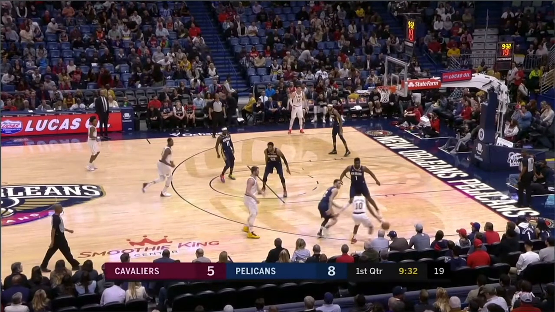But there's still the angle here. Look at this. This player right here, I can't see if that's Colin Sexton or Darius Garland, but he has the angle here. You've got to attack this big. Because if he's attacking downhill here, he's got the angle, attack downhill, because as long as he's doing that, Zion Williamson has to stay towards the ball. And now this pick and pop to Kevin Love is wide open. But you have to keep Zion Williamson towards the ball. Or if he attacks downhill and Zion Williamson leaves, then he's going right into the lane for two.